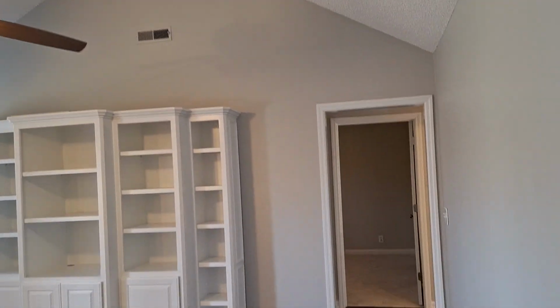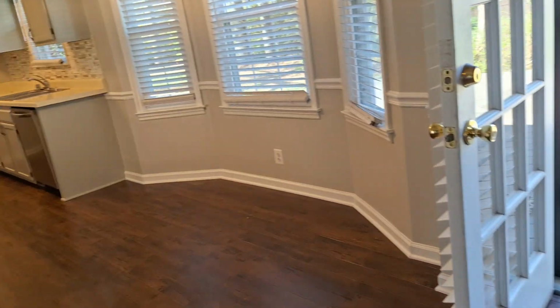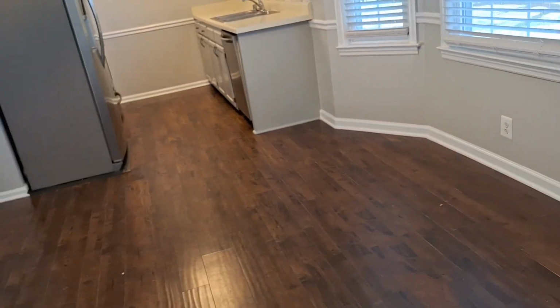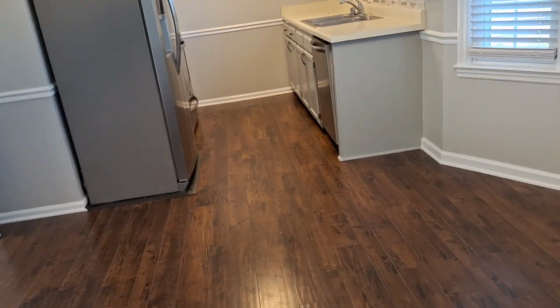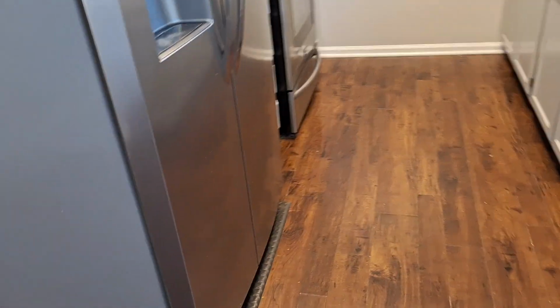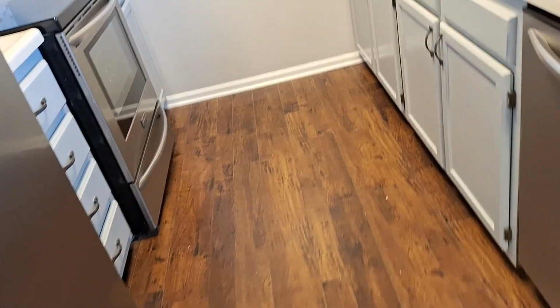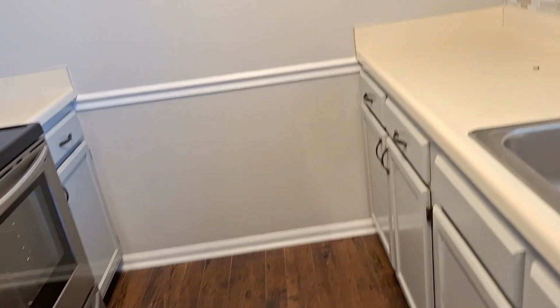Vaulted. Popcorn ceiling. The flooring's passable. Depending on how you're wound, it's okay, but it's had a little life on it. If you can find some areas of definite blemish, I mean, you got a little bit of separation there. There's a few areas of the laminate material that have swelled from some water. So there's nothing to write home about, but